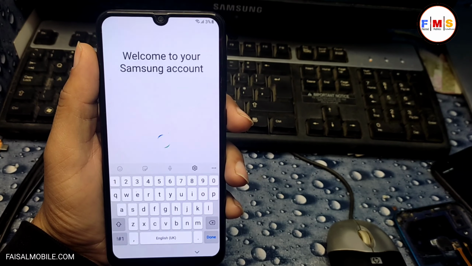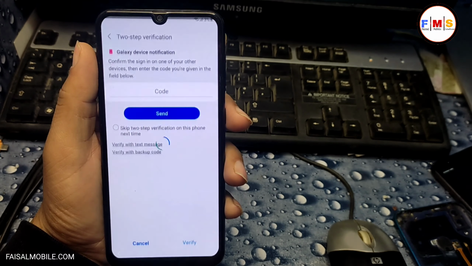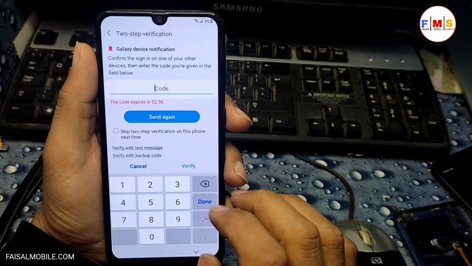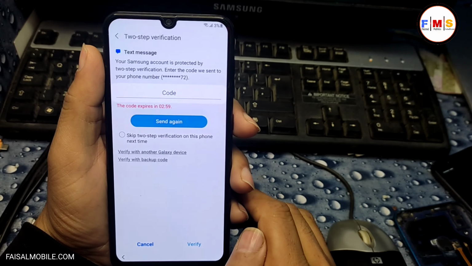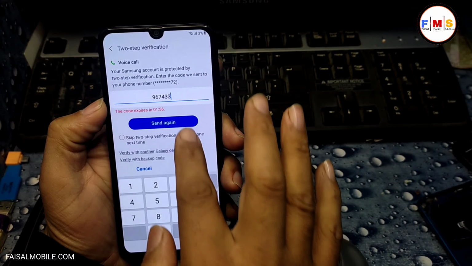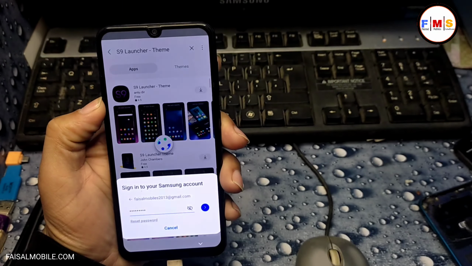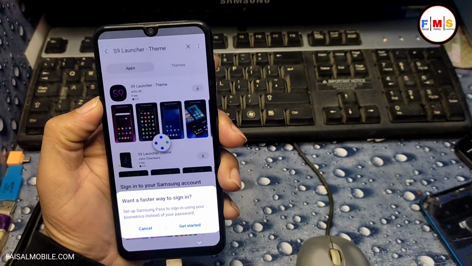And now it will ask for the verification. So as you can see, I will verify it with a text message. It will send a text message with the security code, so I just put the security code here and verify it.